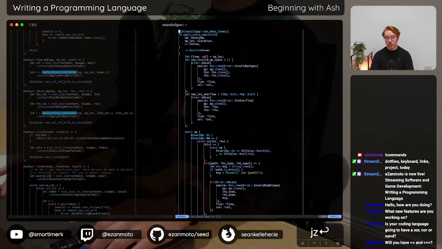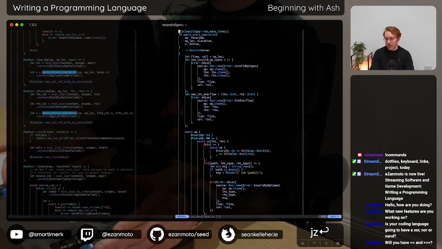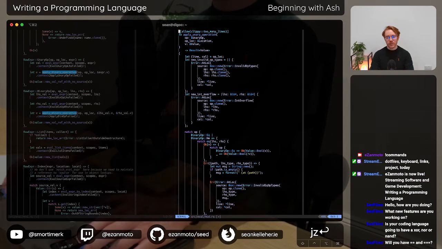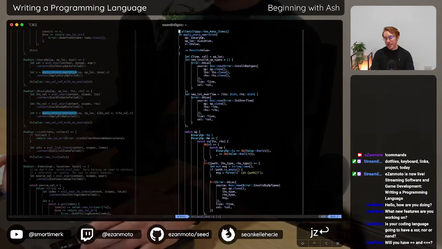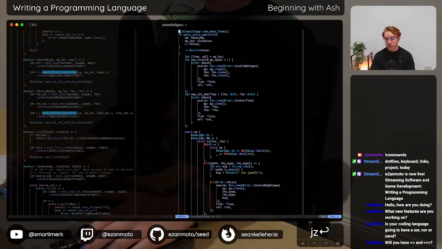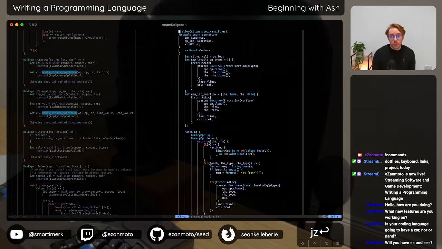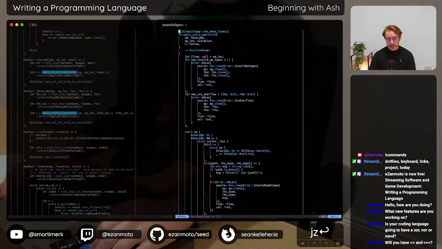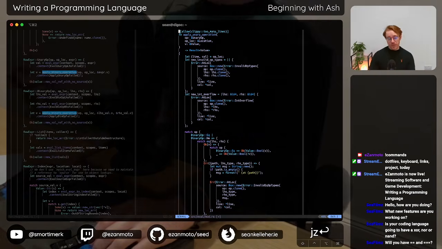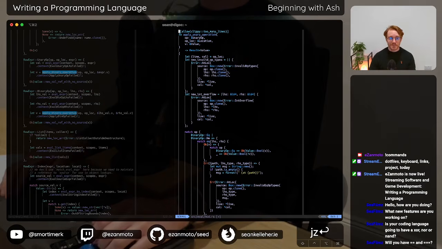So are two objects the exact same value? So if you instantiate two different objects, they're going to be different using reference equality, but then they could be the same using structural equality. So that was the way with the language that I was basing this on, which was Seed. And so I'll be importing those semantics into this language as well.